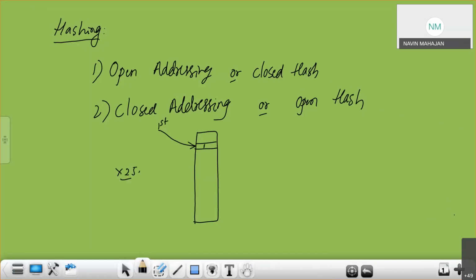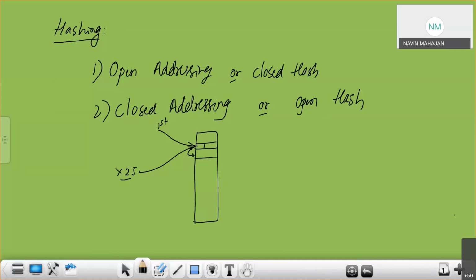Again, if it points to the same position, there is a collision. Then what we'll do? We have to store these numbers in the table. We will search the next location whether it is free. So this is called open addressing.